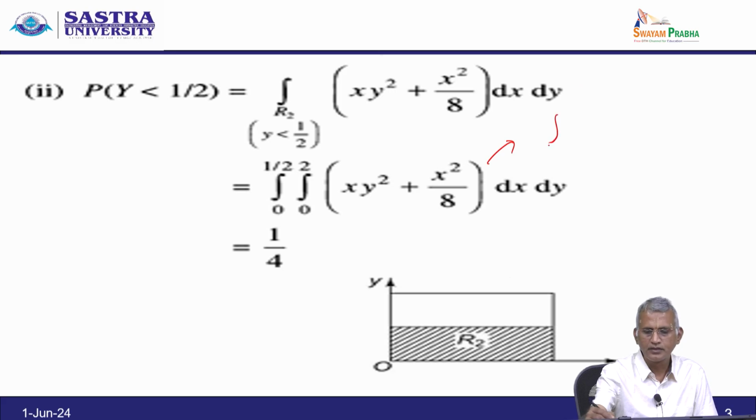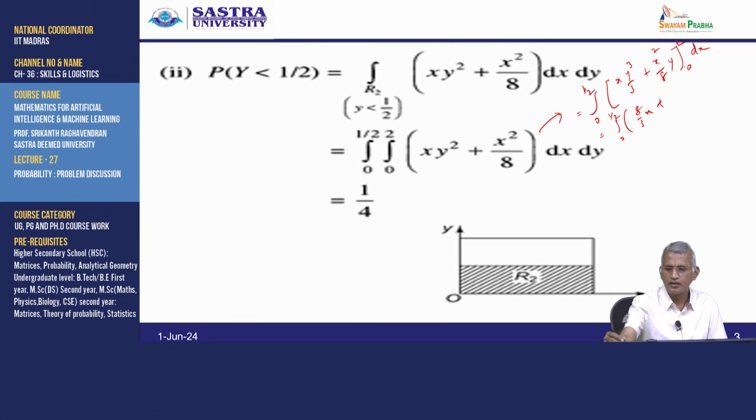Now, you have to integrate the innermost with respect to y. So, this is the integral 0 to half, and with respect to y, x into y cube by 3 plus x square by 8 into y over the limit 0 to 2 into dx, which is equal to integral 0 to half. Upper limit you have to apply, it becomes 2 cube is 8 by 3 into x plus 2 into x square by 8 into dx,